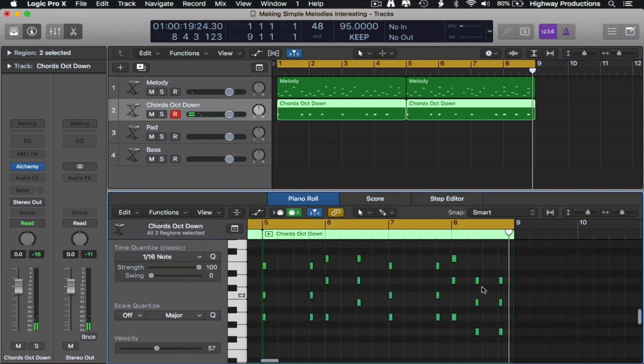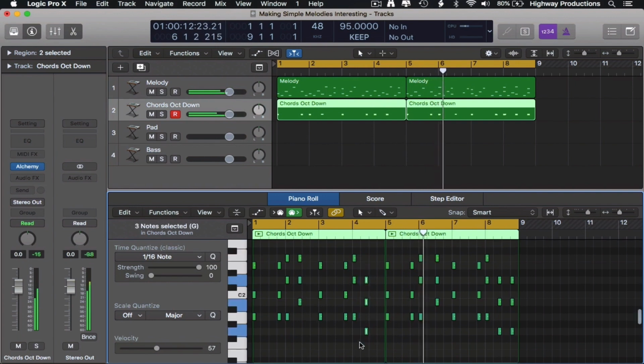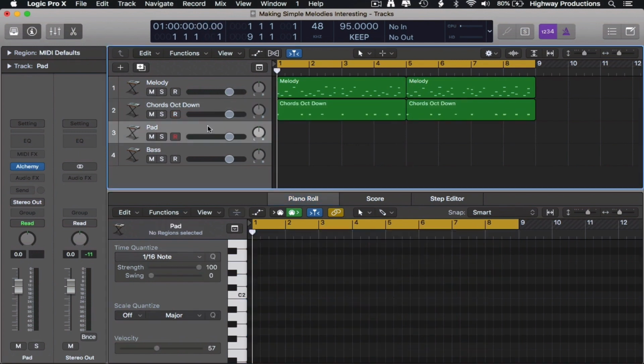Now there's really no rhyme or reason to the way I'm doing this. I'm just kind of listening and feeling out where I would want chords to happen. Alright, I like that. Now to fill in some of the background, we're going to use this pad to our